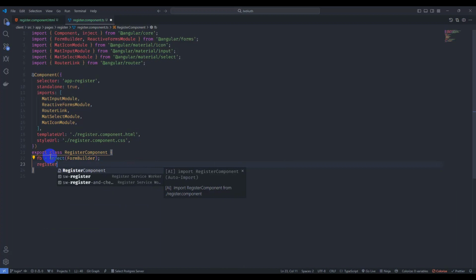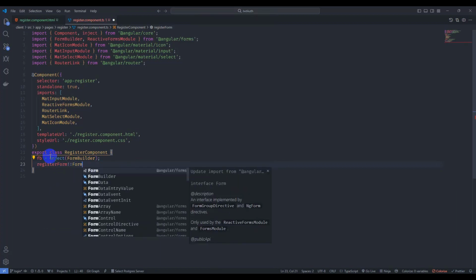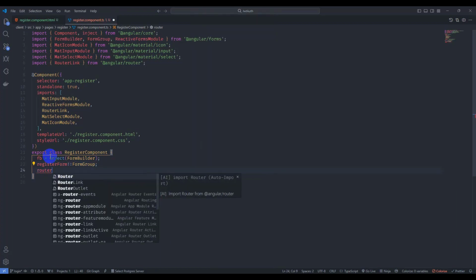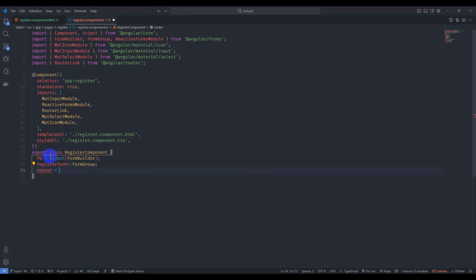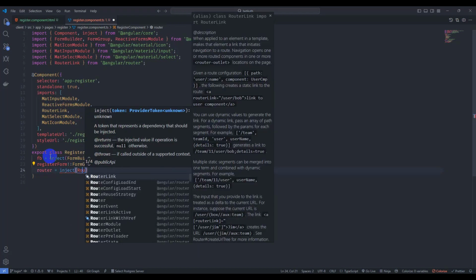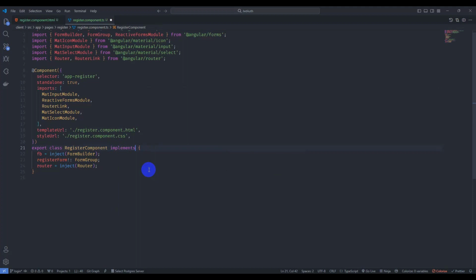Let's create registerForm of type FormGroup, and inject router, and let's implement the OnInit interface. Let's implement it, control dot and implement interface. Got it, paste it, and